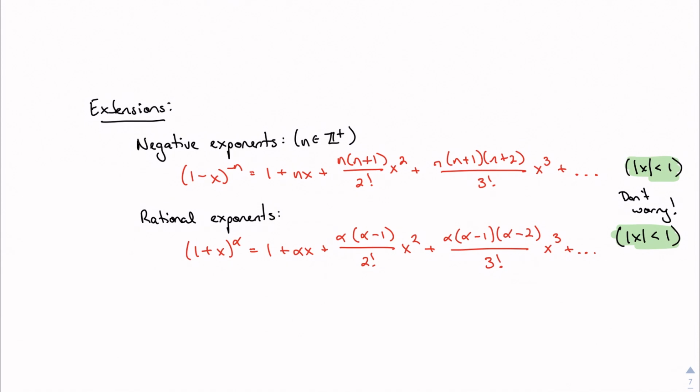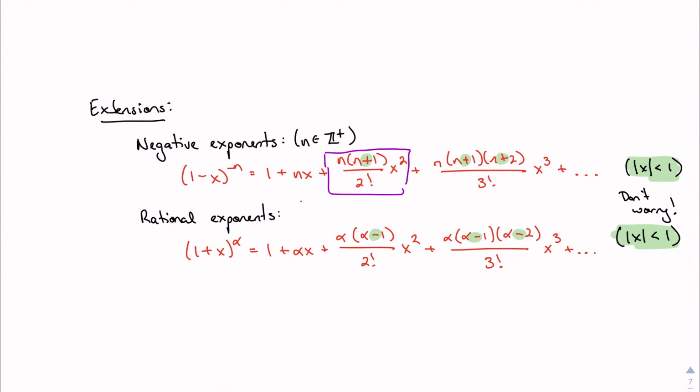This formula looks gross. It's not as bad as it looks. The first thing you might notice is that these two formulas are very, very similar. For my negative exponents, I'm adding every time. You see my pluses in here. Whereas with the rational exponent formula, I'm subtracting. You might also notice that, maybe if I look at this term, for example,